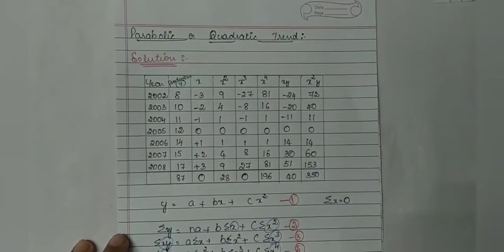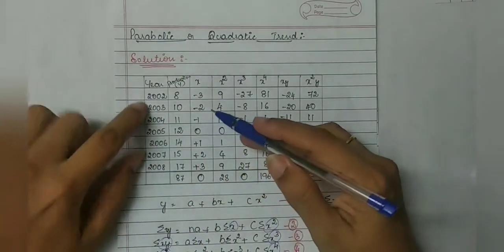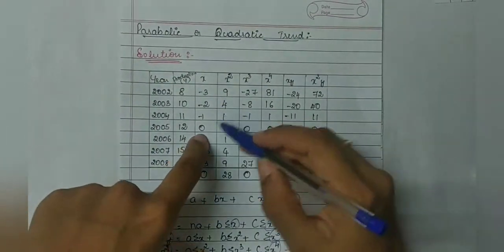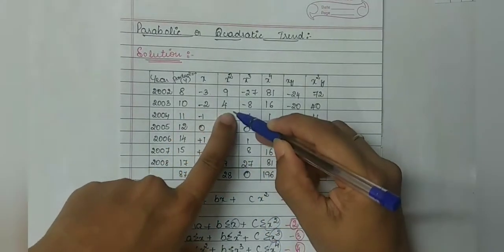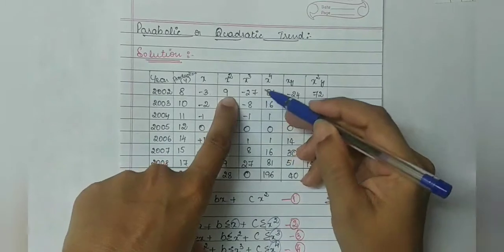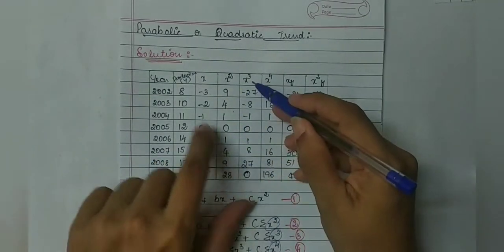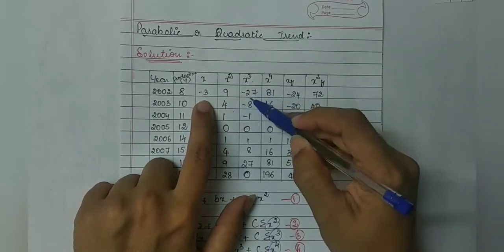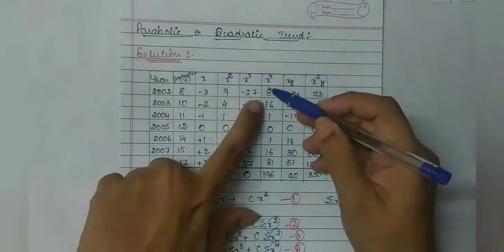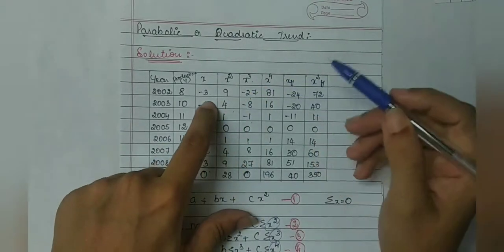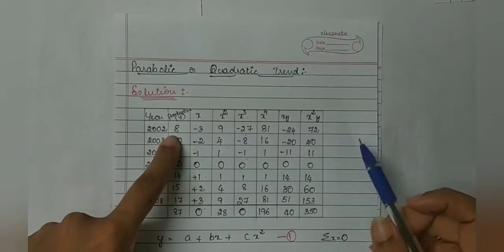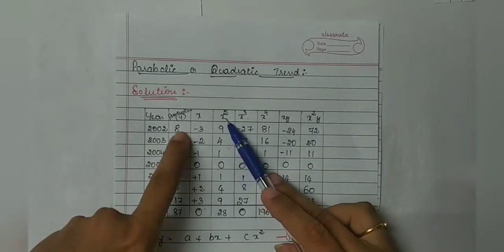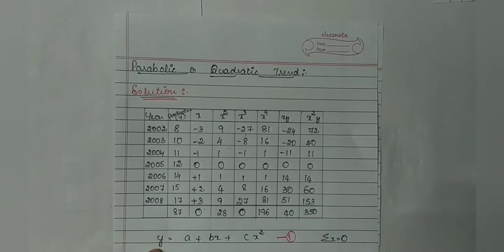So we calculated everything. X, as you all know, since here the number of years is odd, starting with 0, minus 1, minus 2, minus 3, 1, 2, 3, and its square, 3 into 3, it will be 9. So in the same way we calculated the x square. X cube is 3 into 3 into 3, so 27, 81, accordingly we calculated that too. And next x to the power of 4, 3 into 3 into 3 into 3. So the calculation of xy, x into y, y is production, and x square y is x square into y. That too we calculated, we totaled.